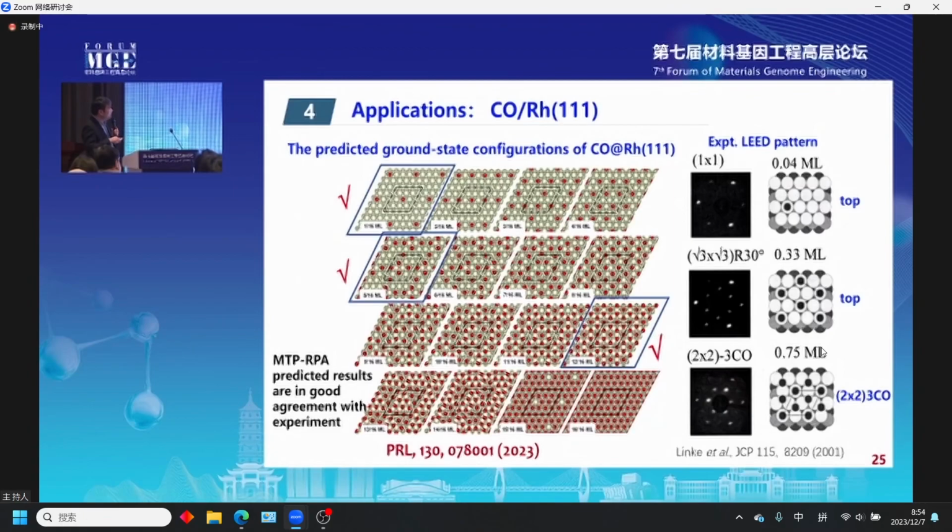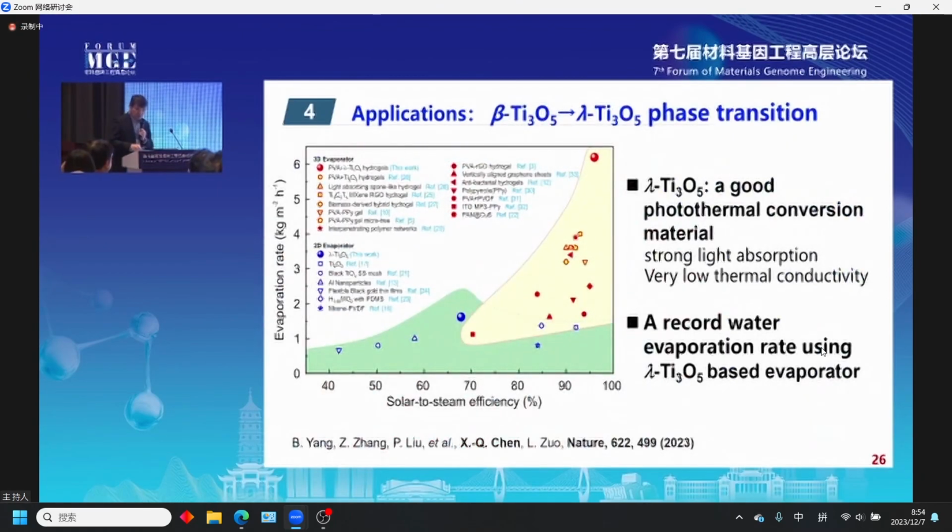And if you increase the concentration on the surface, compared to the changed system, we also get the right structure compared to experimental data. This is the classification. The third case I will show recently, we collaborated with Professor Zhou Liang in Northeast